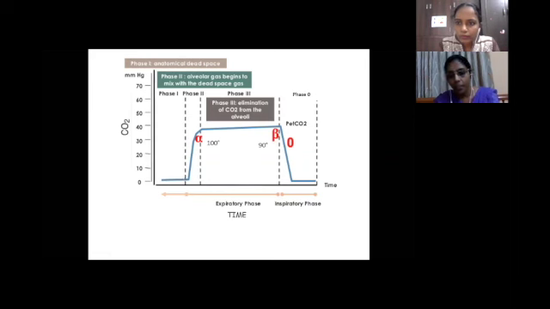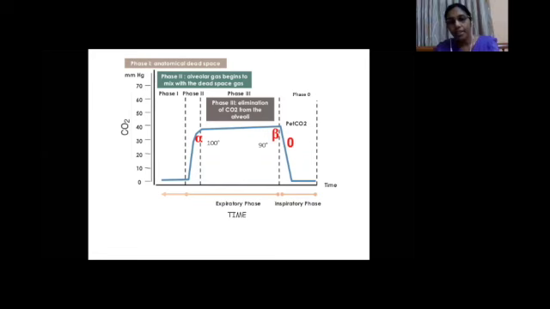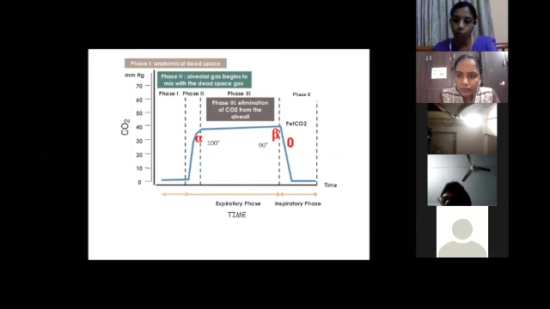As we continue to exhale, there's some amount of mixing of the alveolar gas with that of the anatomical dead space, and we see an upstroke, that is phase 2. In phase 3, the air coming out is from the alveoli, which is rich in carbon dioxide. This is the plateau phase. The end of phase 3, the carbon dioxide value here, is what is taken as the PETCO2 value. In COPD patients, there can be an additional phase 4 where we see a sudden rise in carbon dioxide concentration.